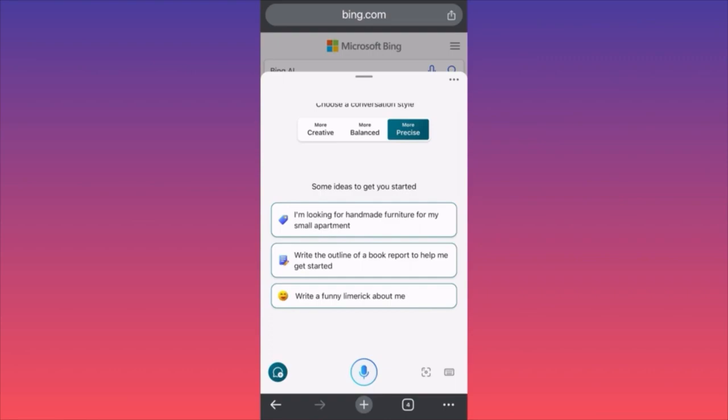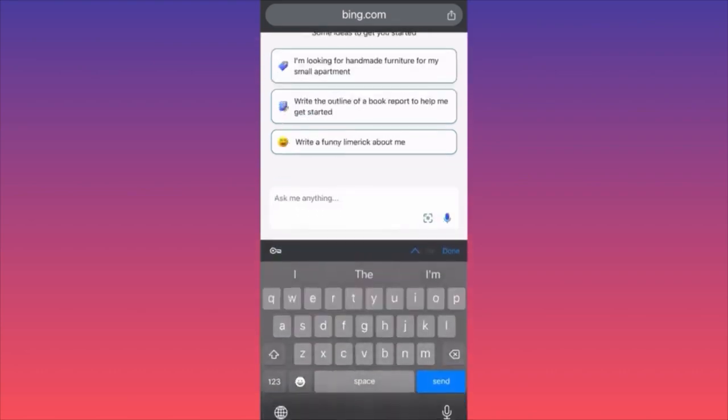The first thing you want to do, you want to log into your Bing account. You want to come over here on the actual Copilot, and then I want you to set the conversation style at precise. You see the three options: creative, balanced, and precise. We always work with precise when we do business propositions or anything related to sales. Then I want you to go ahead and click on the lower right corner at the small keyboard icon. Here we're going to create our prompt and we're going to ask very detailed questions.